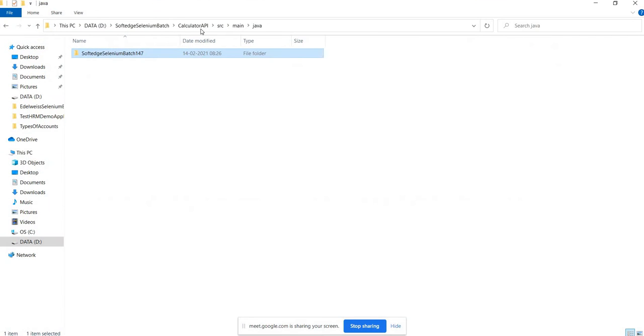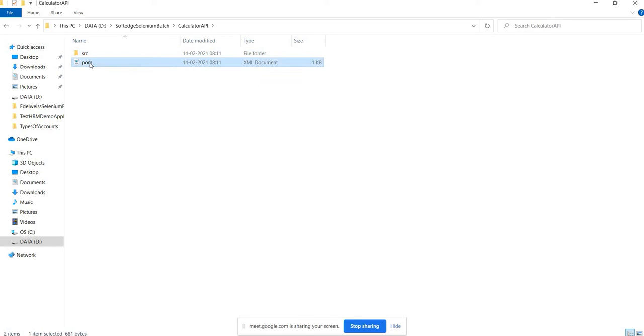Now after we created the project, we got this project created. I fired that command from this directory, so I got this project created with the name of the artifact ID. So artifact ID is the project name. Inside the project directory, I got the POM XML. We will be talking about POM XML in a while, but let's understand the directory structure.